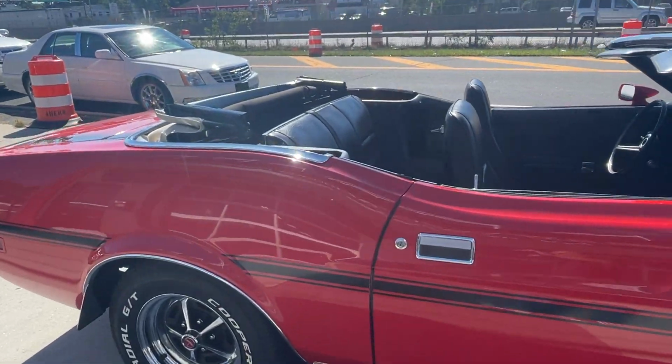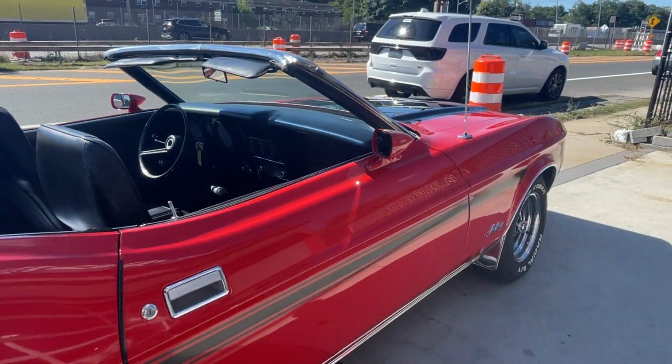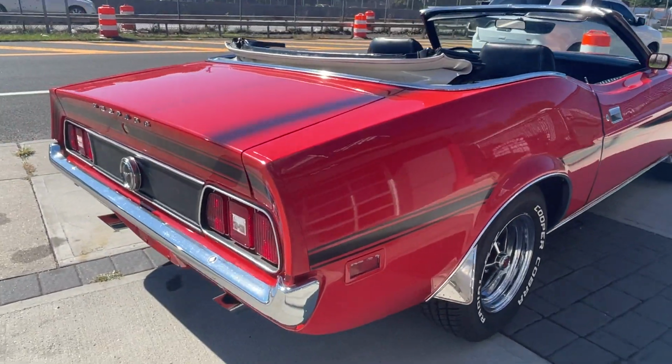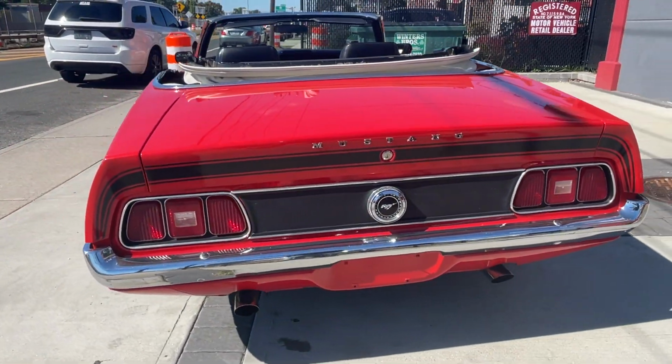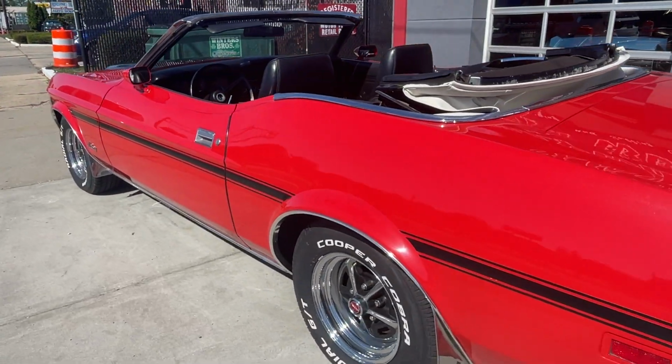A '71 Mustang right here. Beautiful convertible. White top is like brand new. Red, black accents. White convertible top, power top, works flawlessly. She's running right now, she runs beautiful. I just took her for a ride, shifts through the gears flawlessly. Just a really, really nice